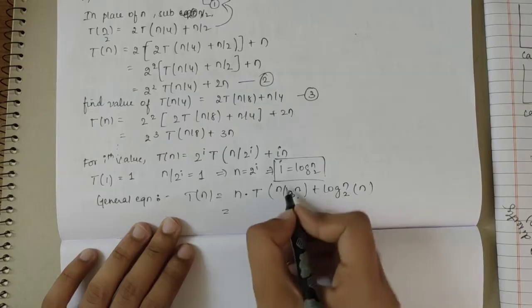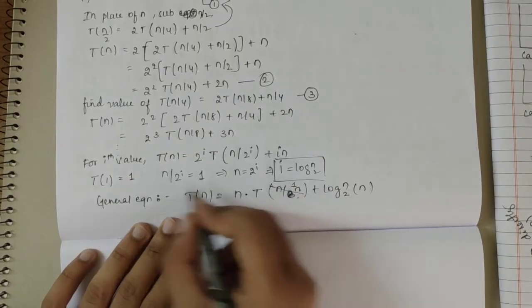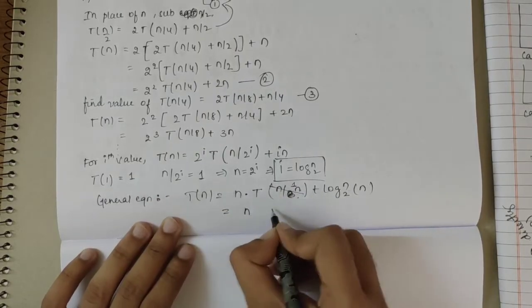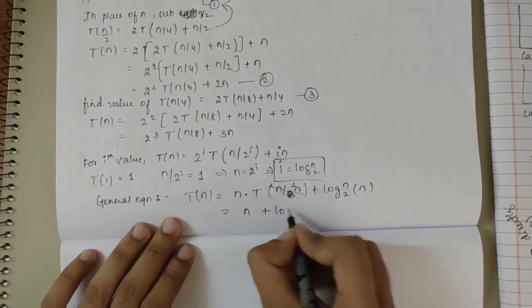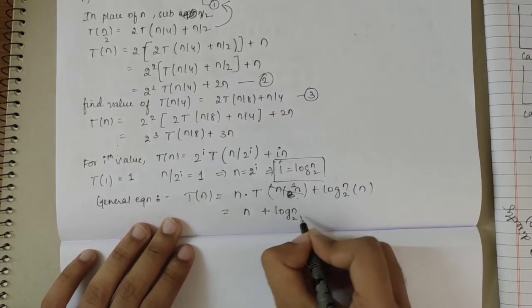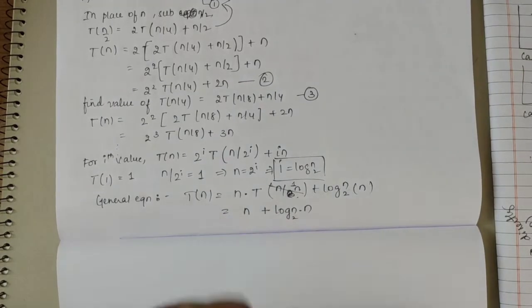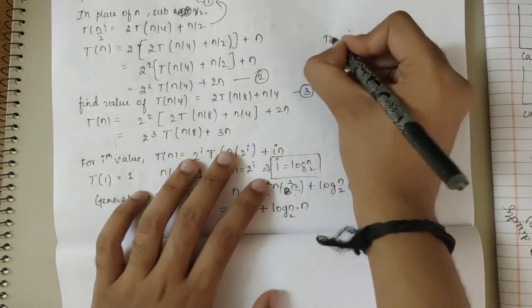So I have substituted n here. N by n, it becomes 1. So T of 1 value is 1, I know. So I'll be left with n here, n plus log n to the base 2 into n. So this can be further written as,